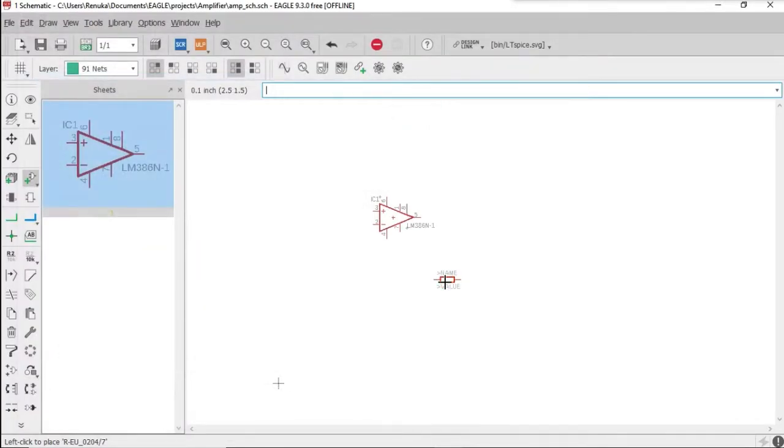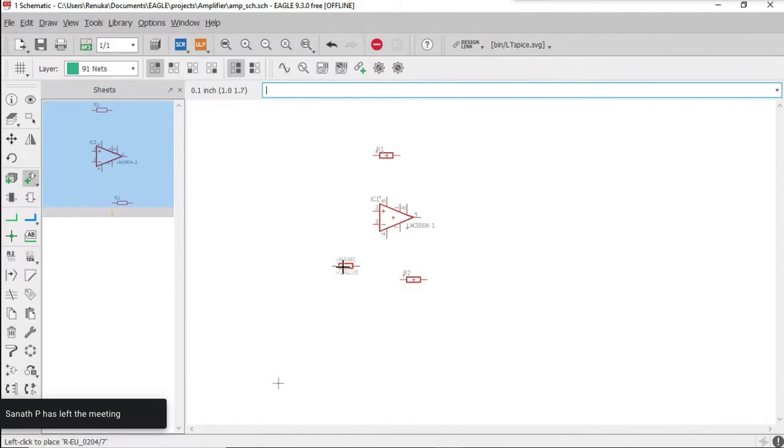I'll just show you how to add the resistor again.